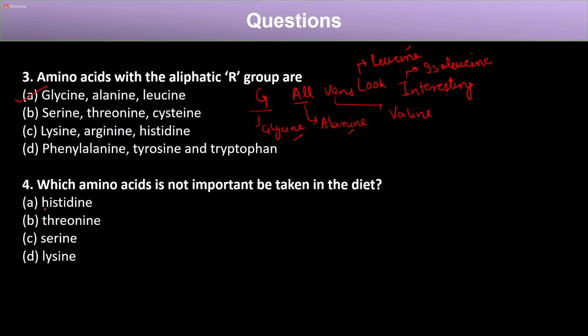Now, the next question is, which amino acid is not important to be taken in diet? The amino acids that are not important to be taken in diet are known as non-essential amino acids, right? They are called non-essential amino acids. Now, what were non-essential and essential amino acids? If you remember, for the essential amino acids, we had one acronym, and that was